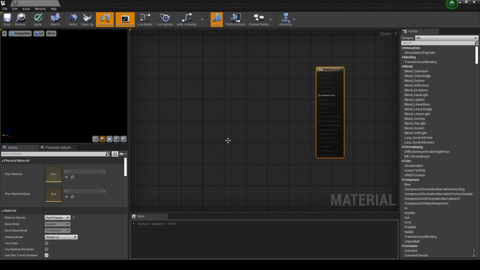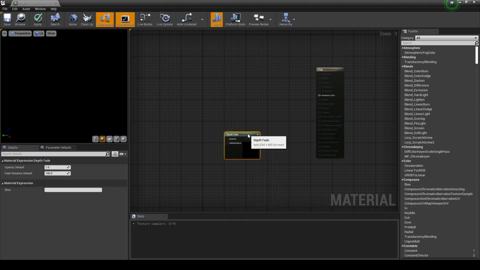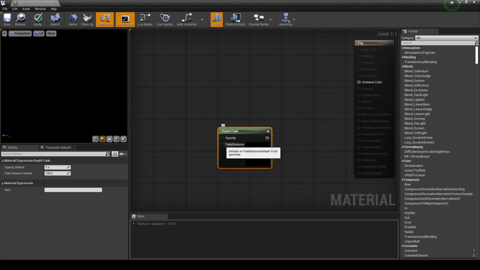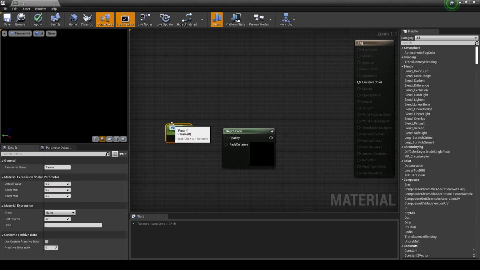Right click and type in depth, and that'll come up right there. We want to set these parameters. This is essentially going to control the opacity and transparency of our fog. Hold S and click, and that's going to give us a scalar parameter. And I'll just call this opacity, and hold S and click again, and we're going to call this one fade